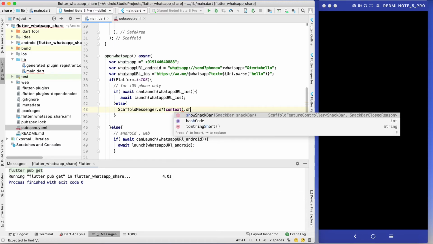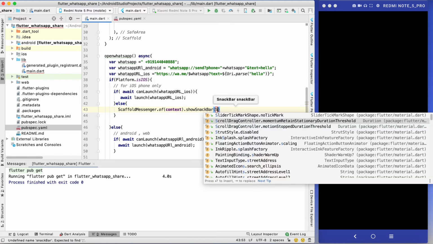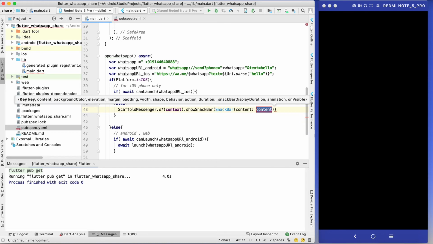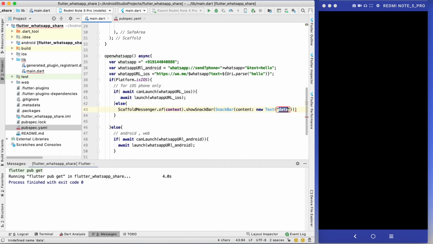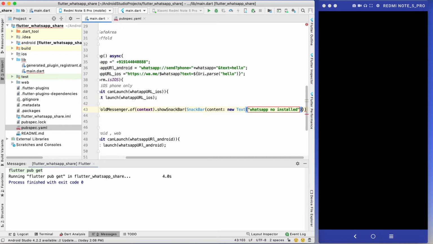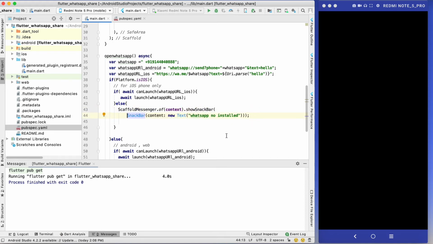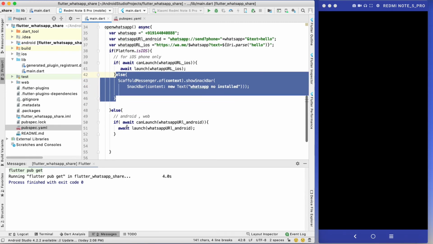Now in this snack bar we can just use a SnackBar, and the content is a new Text, and just write the message: WhatsApp not installed, and call it. Okay, so this is very simple. Same thing I can use over there, or you can write any other message as well.